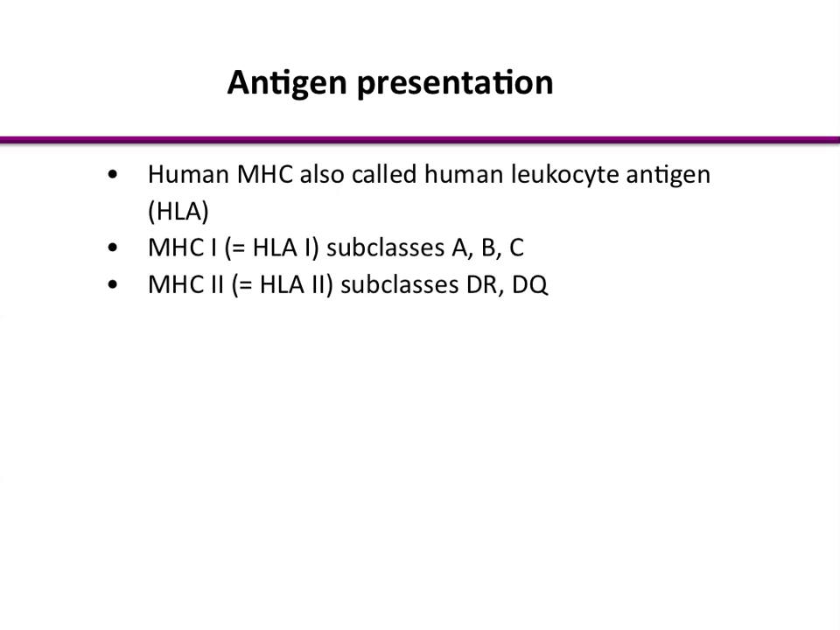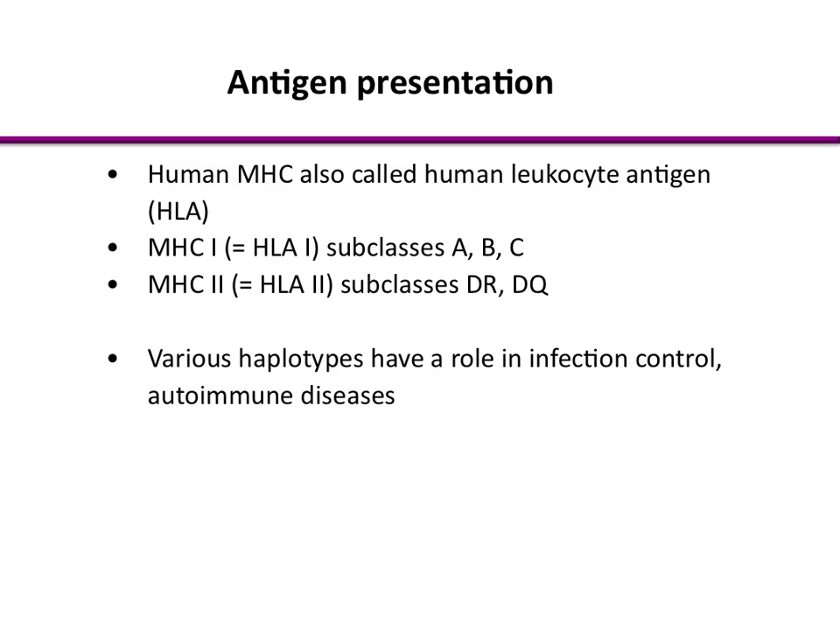HLA1 has subclasses A, B, and C, and HLA2 has subclasses DR and DQ. These are just subclasses of molecules that present antigens to T and B cells. There are various haplotypes that have a role in infection control and also in autoimmune diseases. For example, HLA DR and DQ have been linked with a number of